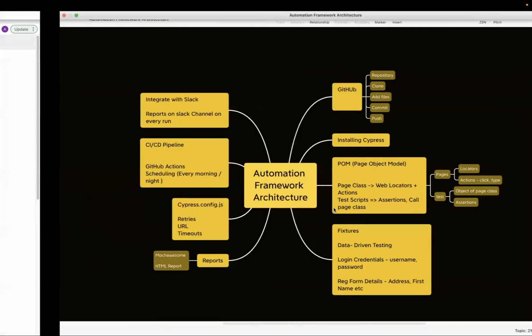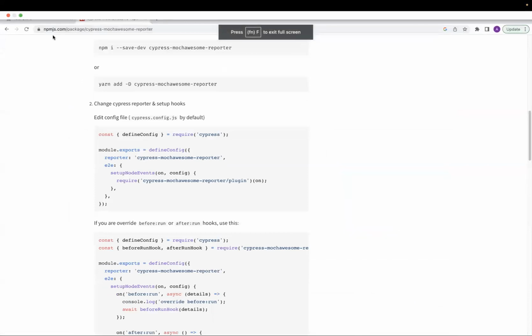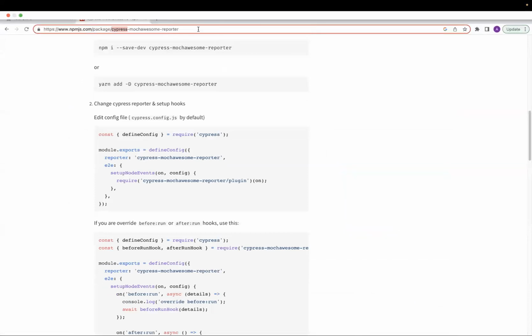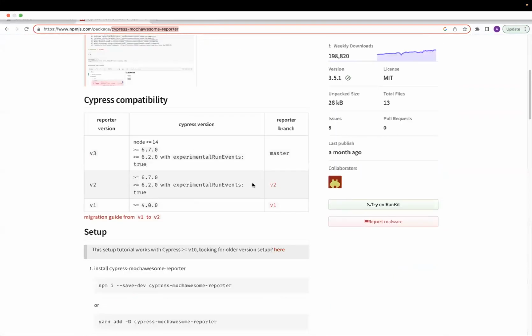So let me go to the official website and we'll see over here. I have already opened it. If you go to this website, search for Cypress Mochawesome reporter, and it will give you all the details over here. Fine. So the first step is